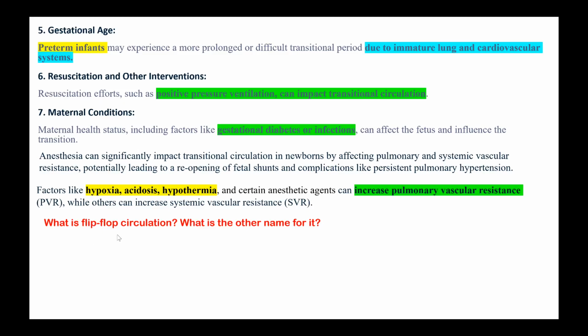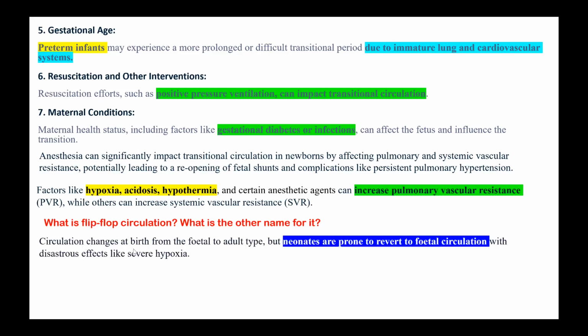So what is flip-flop circulation? What is the other name for that? This is when the circulation changes at birth from the fetal to the adult type, but neonates are prone to revert to fetal circulation again with disastrous effects like severe hypoxemia. And this is also known as yo-yo circulation. The other name for the flip-flop circulation is yo-yo circulation. Okay, so that is all about the